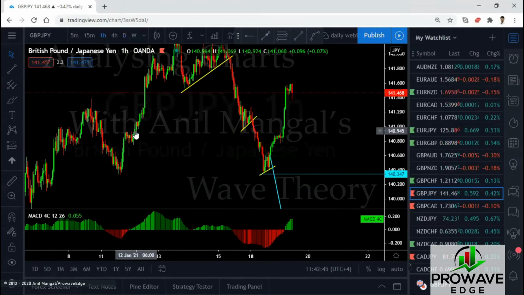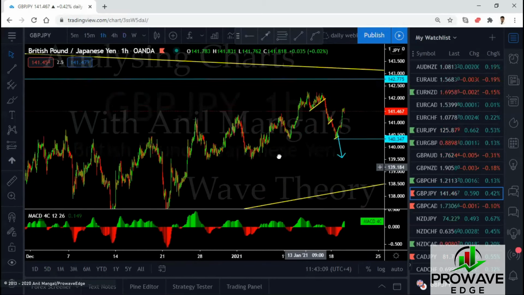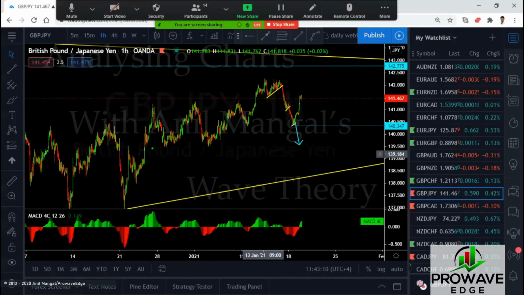And I think I showed this example concretely. You can't buy, especially if it's looking like a flat, you can't buy into structure. But as soon as you get the flag, that's your confirmation, because now you know where your stop is going to be. Now you know how to check your risk to reward. And now you have an exit strategy for break even if it doesn't go. Right? We're getting another flag here. So I assume we're going to break the top. But this is going to be an extended running flat pattern.